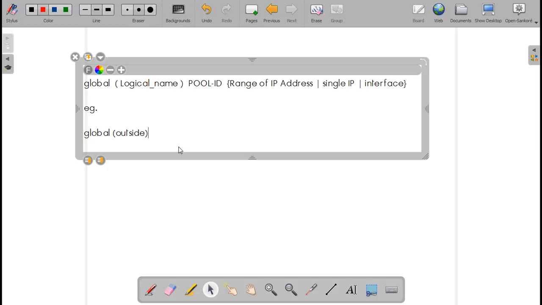So the keyword global, then in the brackets you need to write down the name of the exiting interface, which in my case is outside. Then the pool ID, which I'll use as pool ID 1. Then you need to write down a range of IP addresses, or a single IP, or interface.